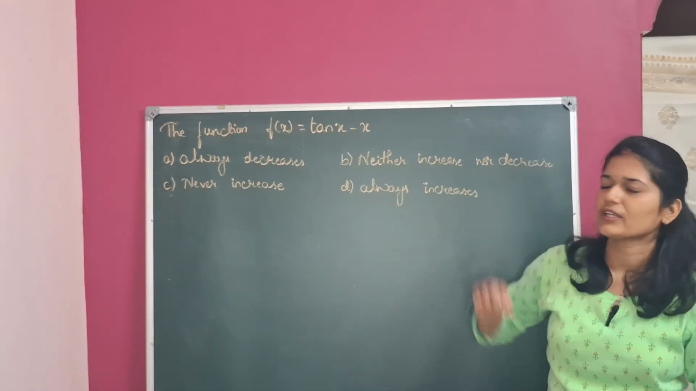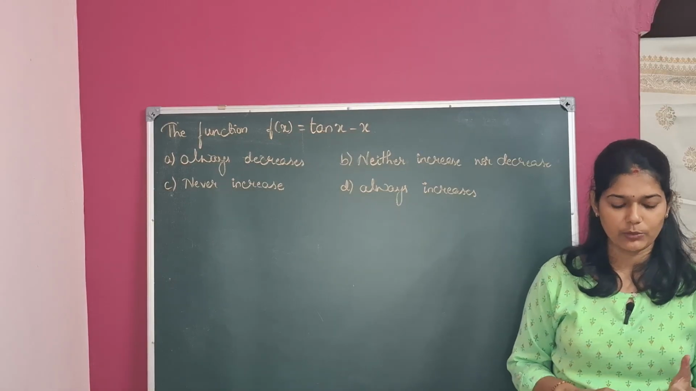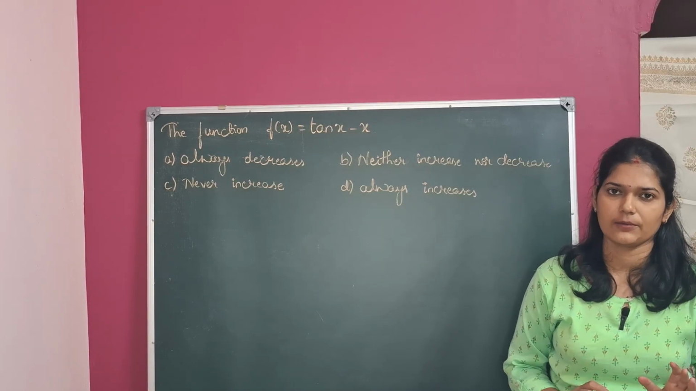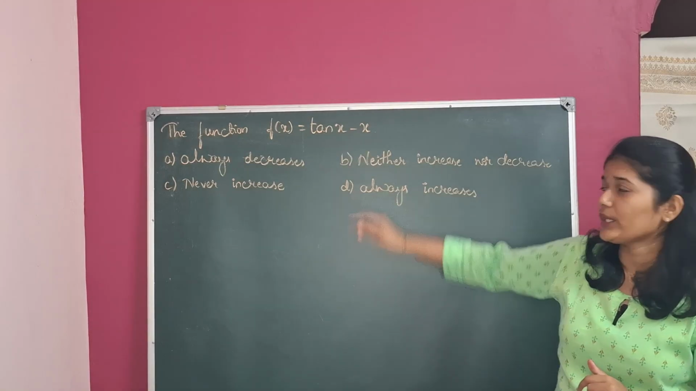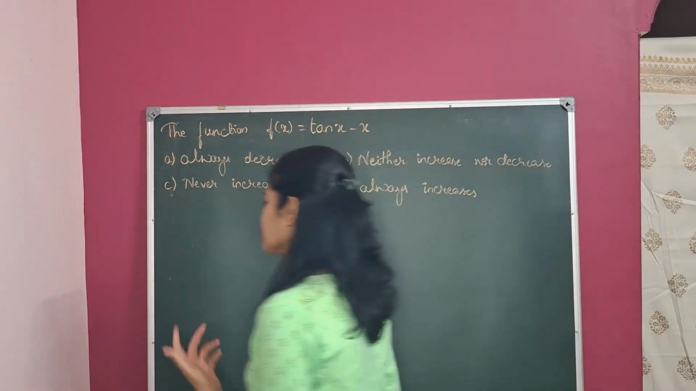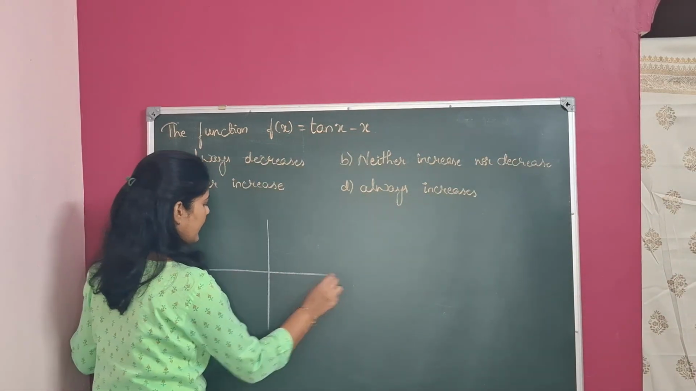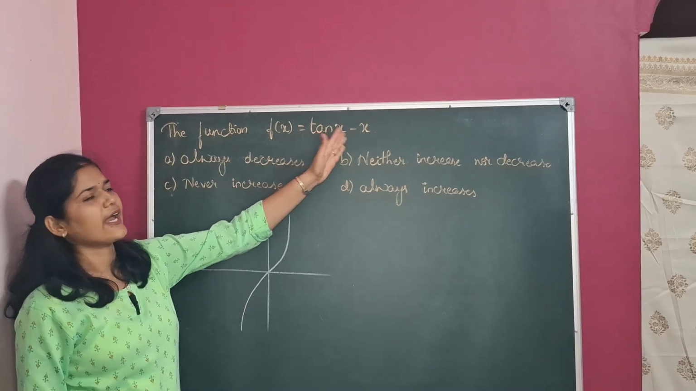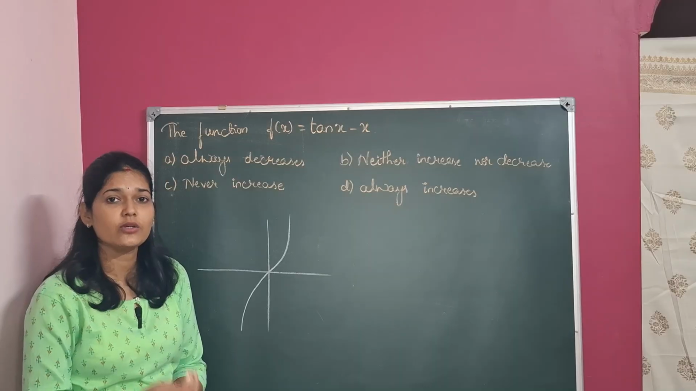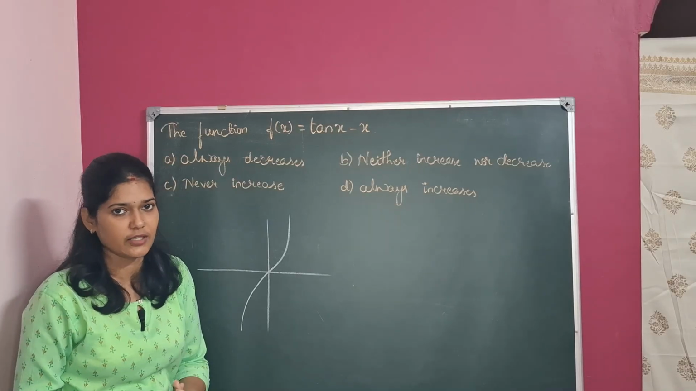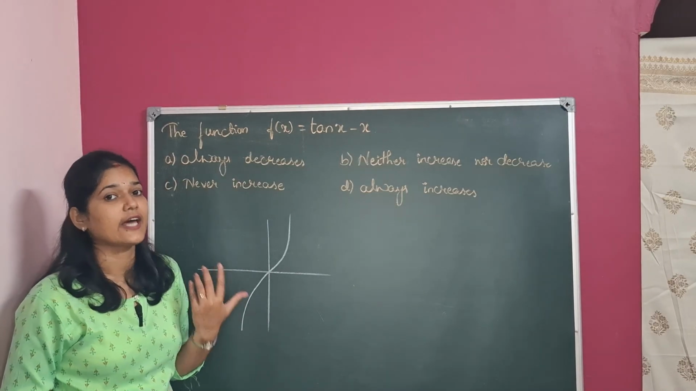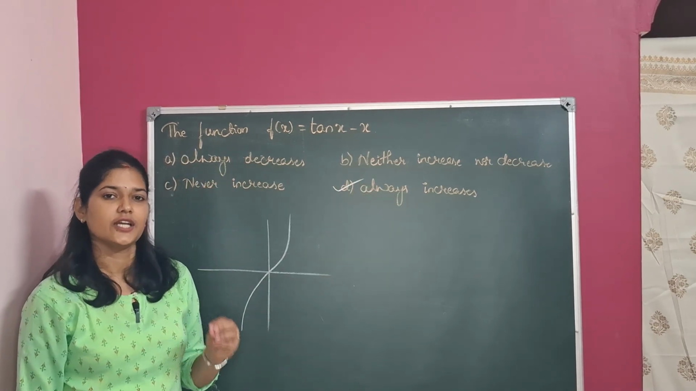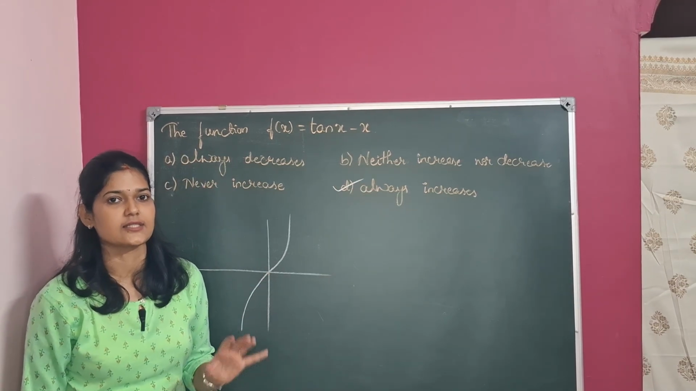We have a function tan x minus x. We have to check whether it is increasing, decreasing, or neither increasing nor decreasing. For that, we know that the tan x function is always increasing and the graph is like this, right? If we consider tan x minus x, the x value is always less than the tan x value. Therefore, obviously tan x minus x is also an increasing function. It also always increases. That is option